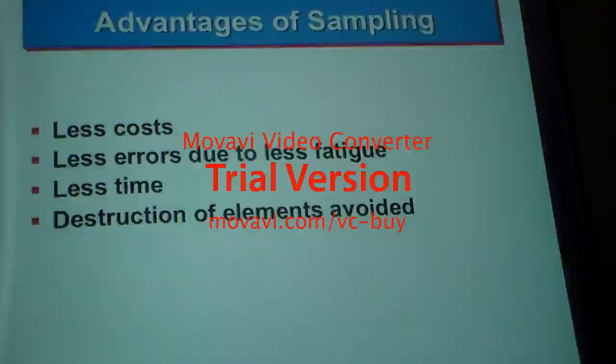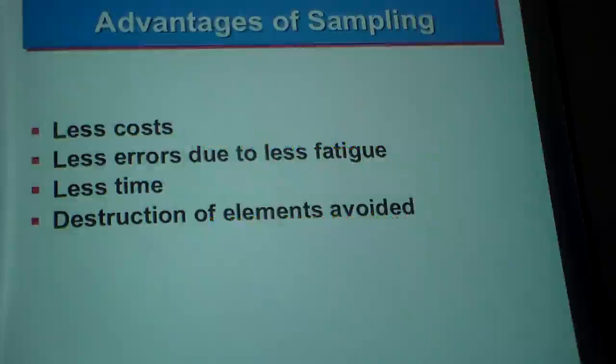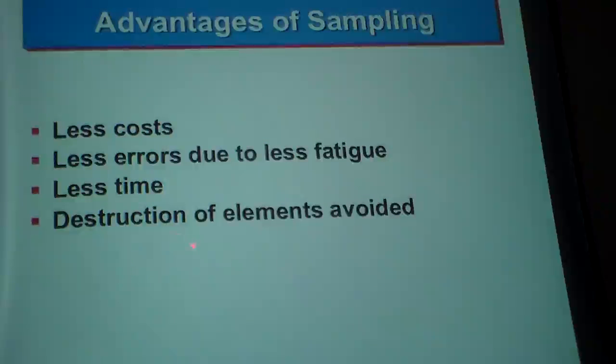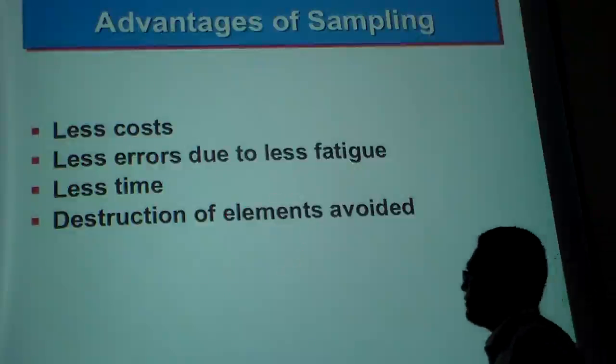If you are restricted in terms of time, like you have 6 months, 7 months for doing your research, it's difficult to make your sample take the whole population. So you need to reduce the time. You need to take care of time. Destruction of elements, avoid it. Sometimes